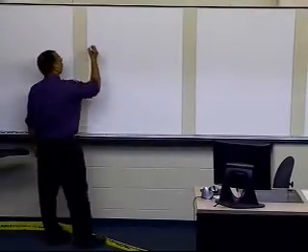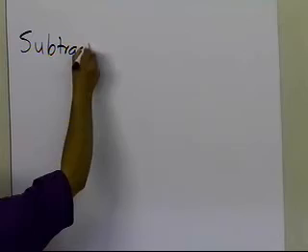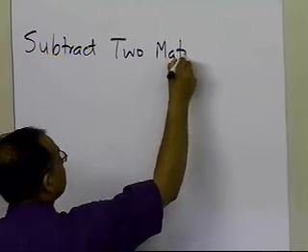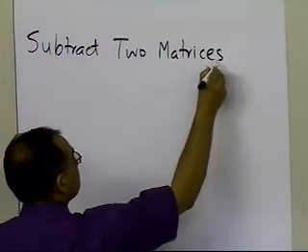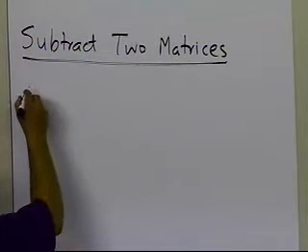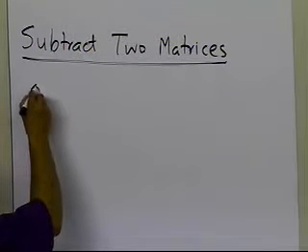In this segment, we're going to talk about how to subtract two matrices. This is one of the binary matrix operations which you can conduct on two matrices. So first, subtracting two matrices is only allowed